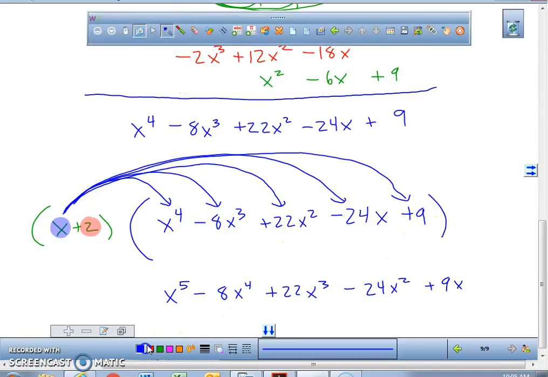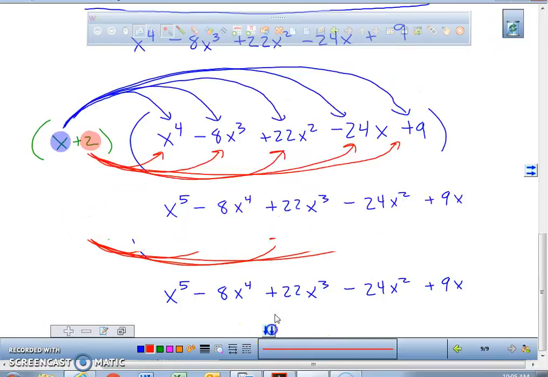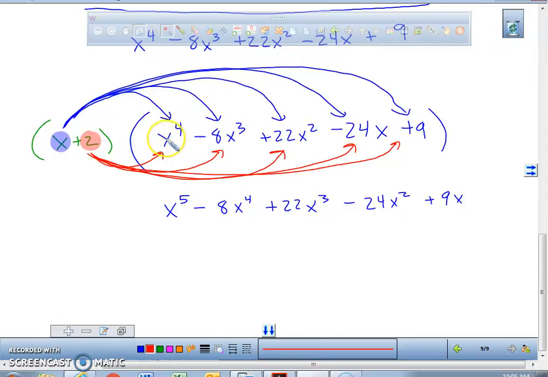And last but not least, we're going to take a what? A 2 and multiply that 2 into every single term, all the way to the very end. So when you take 2 and you multiply it to x to the 4th, what are you left with? 2 what? 2x to the 4th. And 2 times a negative 8x cubed is